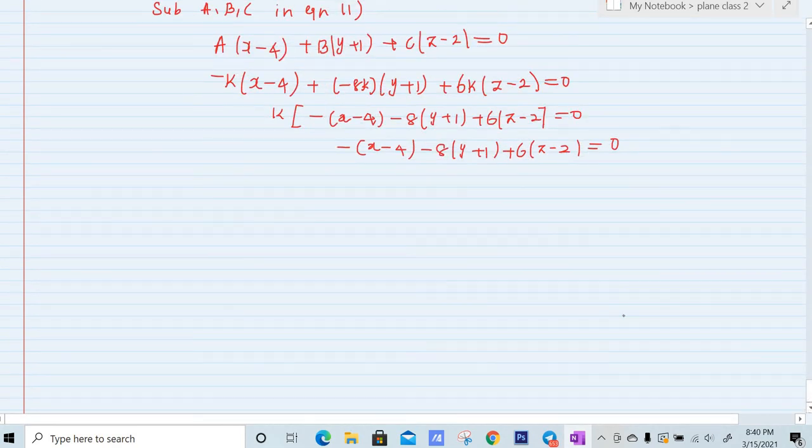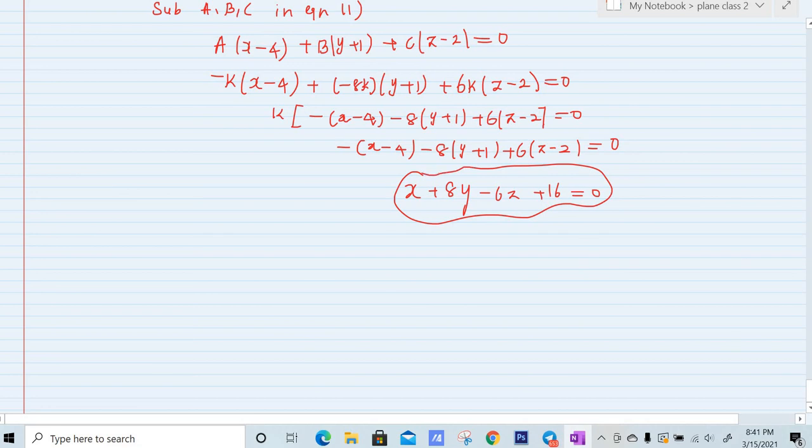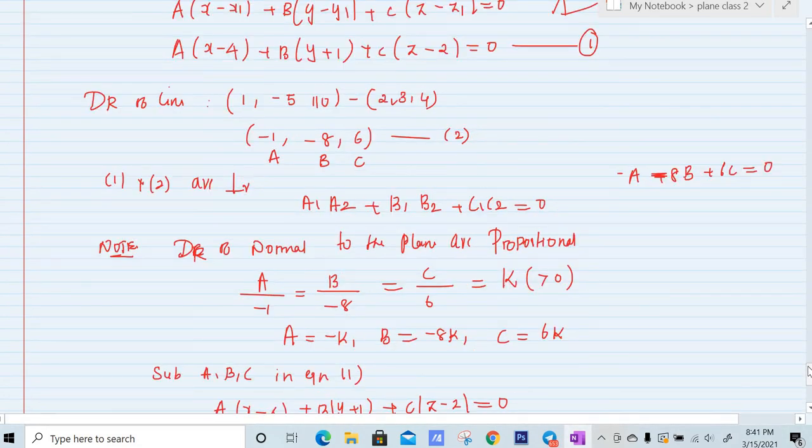Now to solve this equation, you will have x plus 8y minus 6z plus 16 is equal to 0. Right? Now you try to do it in some other method also. I think you can do this problem in a different manner also. These are the constants a, b, c, right? Minus 1, minus 8, 6. Now to make a dot product, we will have